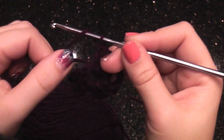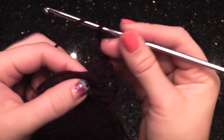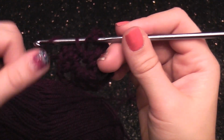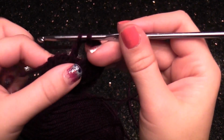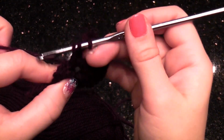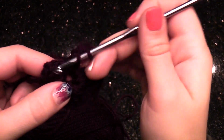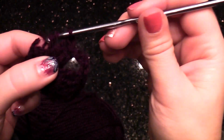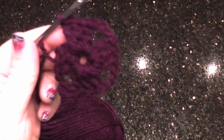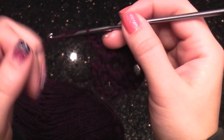So we're going to chain 3 for this last corner, yarn over, last 3 double crochet into the centre, 1, 2, 3. Okay, now obviously we need to join that onto the first one that we created there, so we're going to chain 3 because it's a corner,